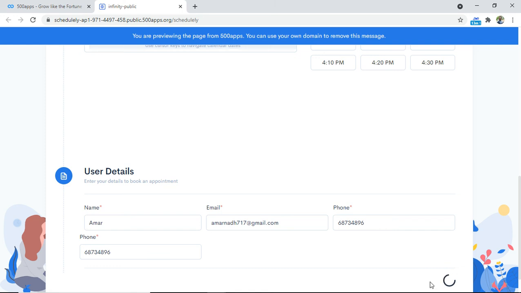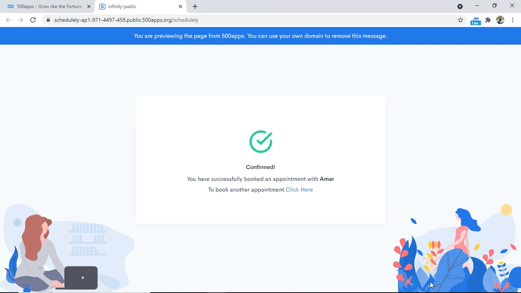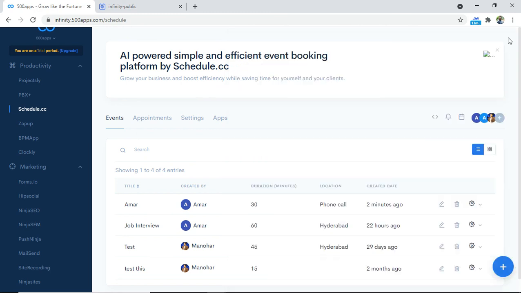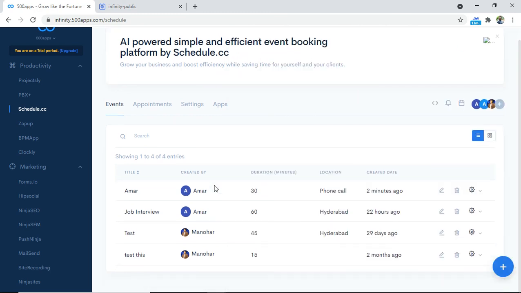Once a customer submits this, both the customer and the event booker, whoever the attendee and attender are, will get an email notification. So this is all about scheduling an appointment with the event scheduler, Schedule CC.